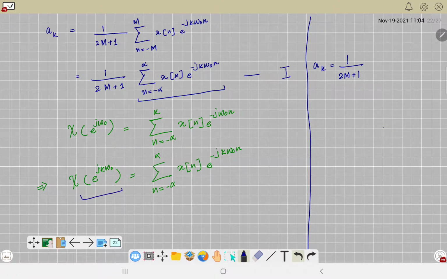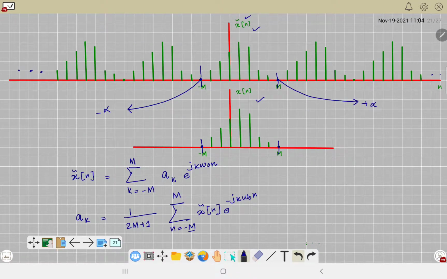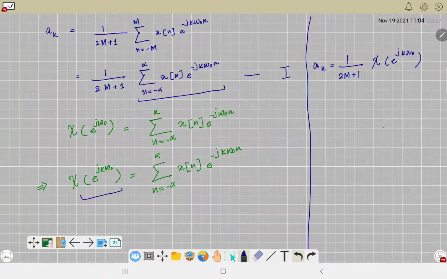I will make this substitution, so it will be X of e raised power j k omega naught, fine. Now a of k is in itself a part of the expression x tilde n. So substituting here, what I will get is that x tilde n